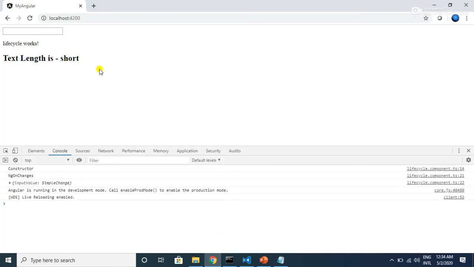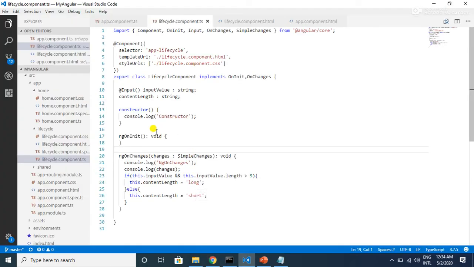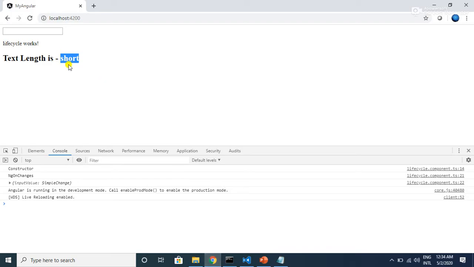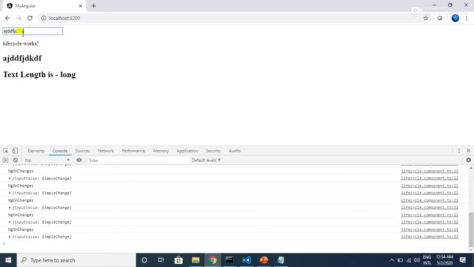Initially, as the text is empty, it goes to the else branch, because we are checking that the input value should not be null or undefined. Only then will it come to the if branch, otherwise it goes to else. That is why we see short initially. So let's type something. The moment we reach more than 5, it changes to long.